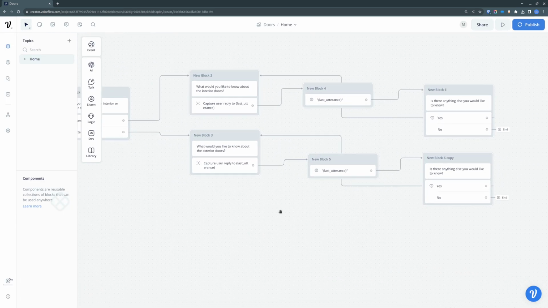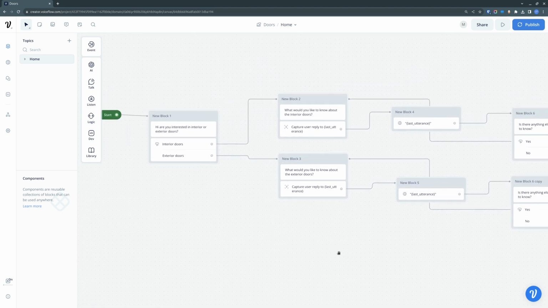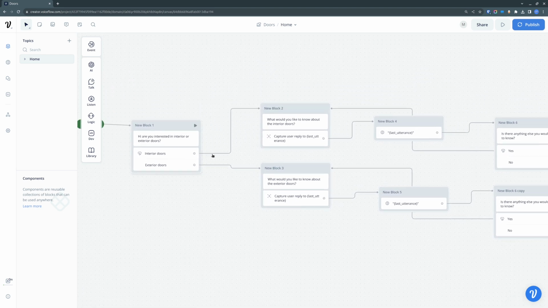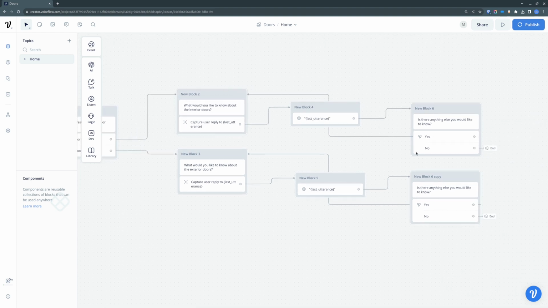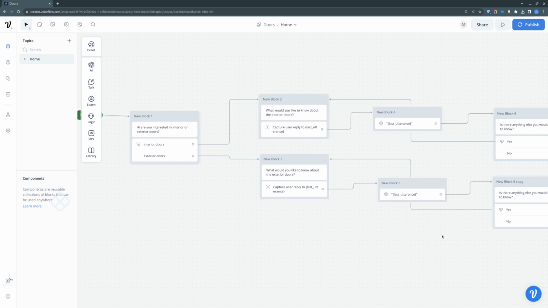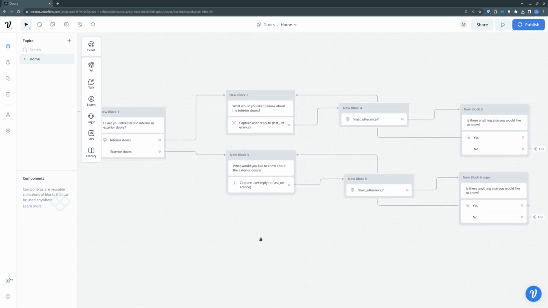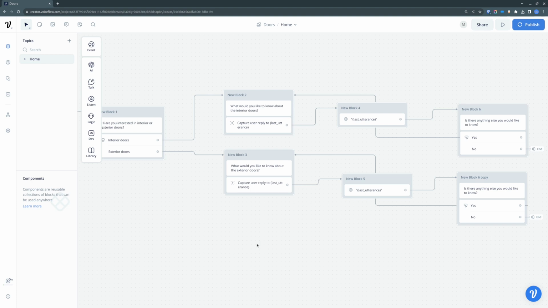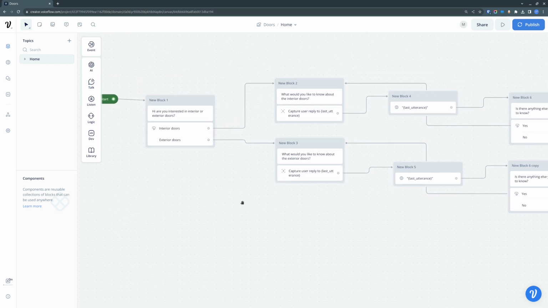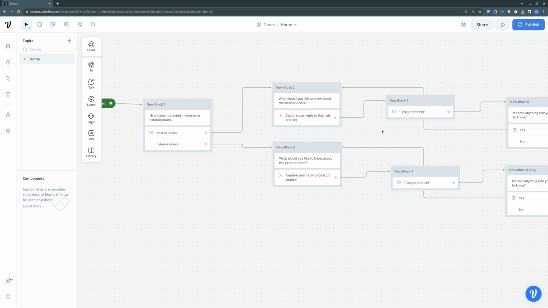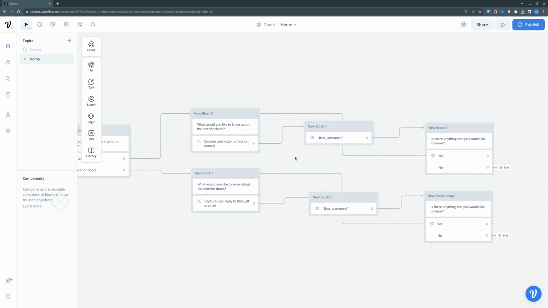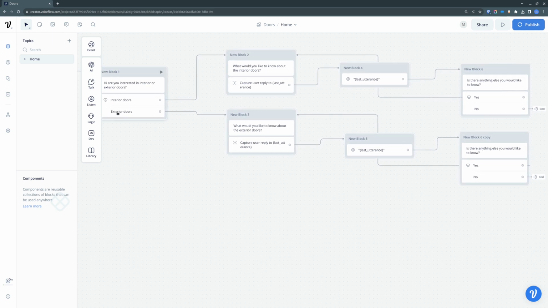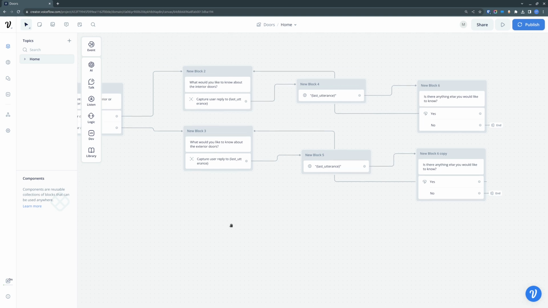Okay, so we have this simple chatbot that has two flows. One flow is for the questions regarding the interior doors, and the other regarding the exterior doors. We do that because we would like to provide our customers better answers based on their interests. So for example, if they are interested only in the interior doors, we would like to provide them only answers and guidance regarding the interior doors. And if they are interested in exterior doors, we would like to talk only about the exterior doors. Now,